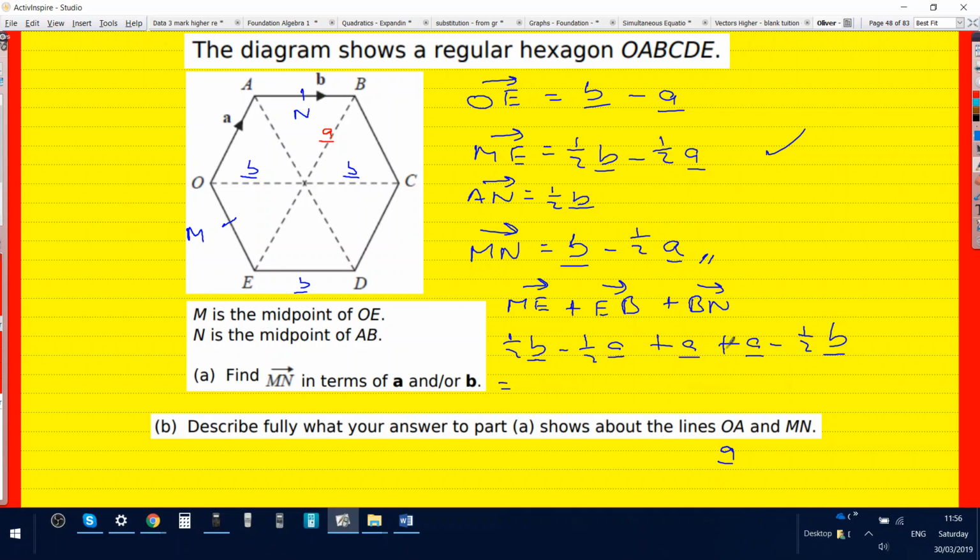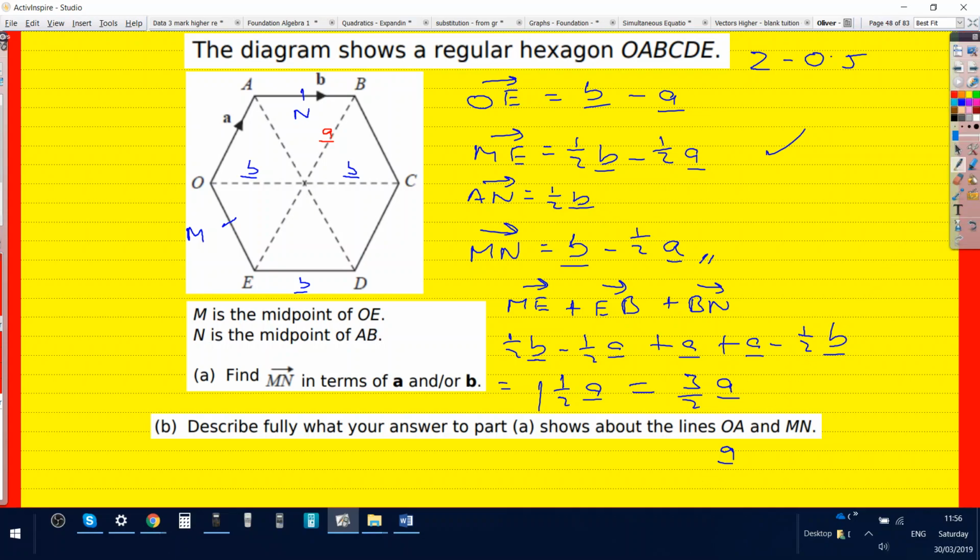You have A plus A minus a half A. So 3 over 2, so 5 over 2 A. So it's 2 minus a half, not 2 plus a half. 2 minus a half is plus a half. 2 take away 0.5. 1.5. So 3 over 2. Yeah, 3 over 2